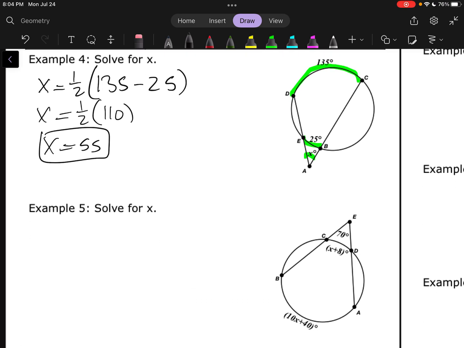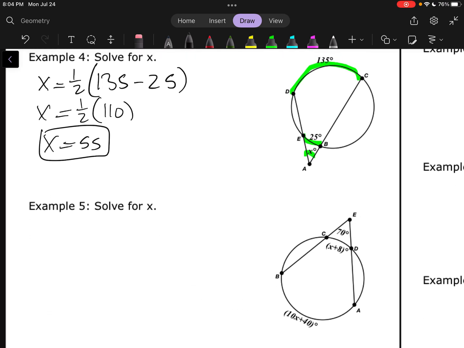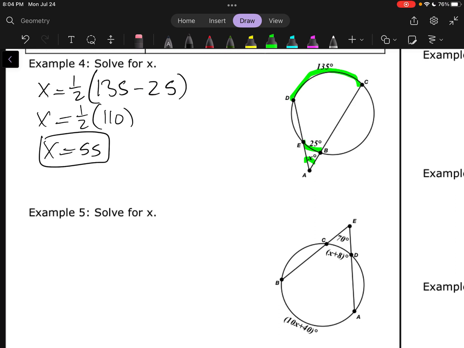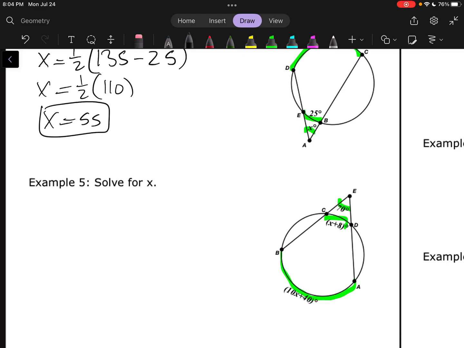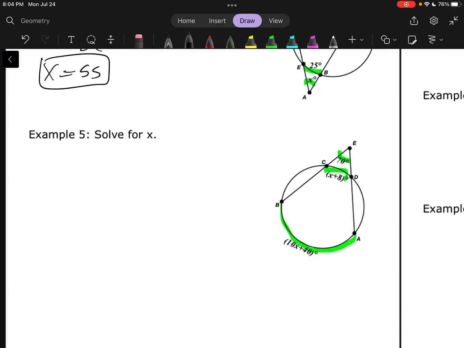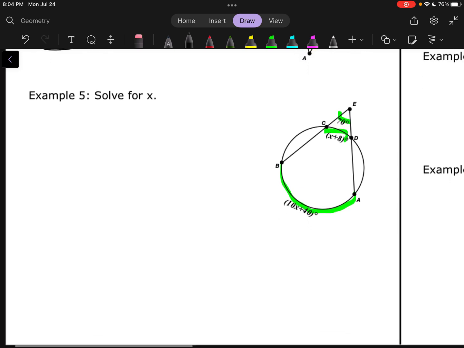Let's keep going here. Looks like we got a little algebra on this one. So there's our angle, there's our big arc, there's our little arc. So let's go ahead and set this up. I'm going to do the 2 times the angle version. So I'm going to say 2 times the angle is equal to the big arc, 10x plus 40,